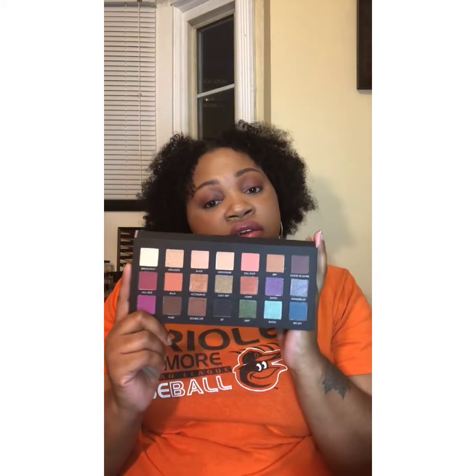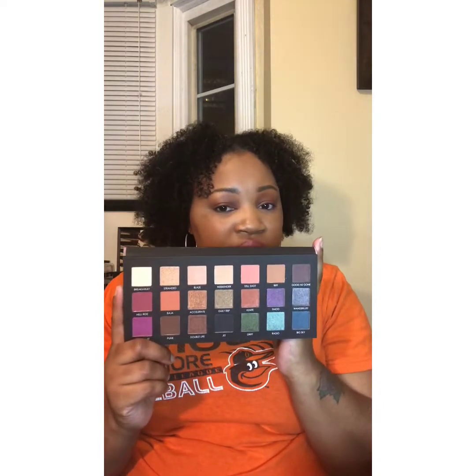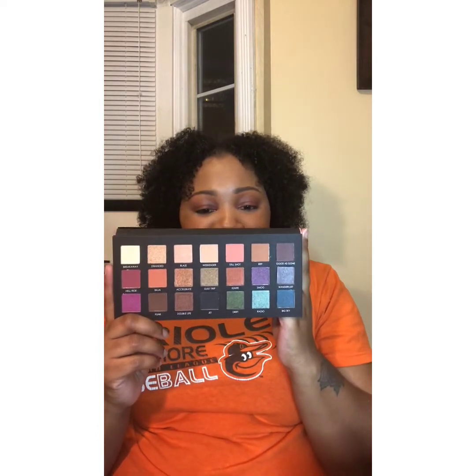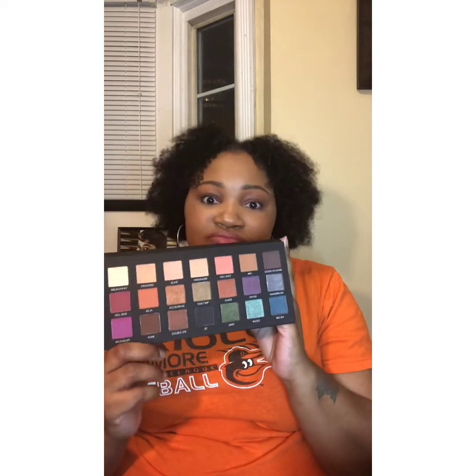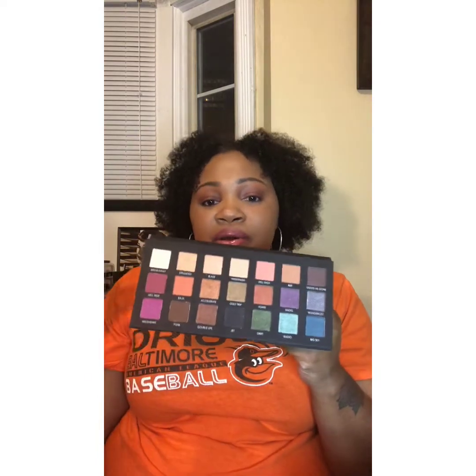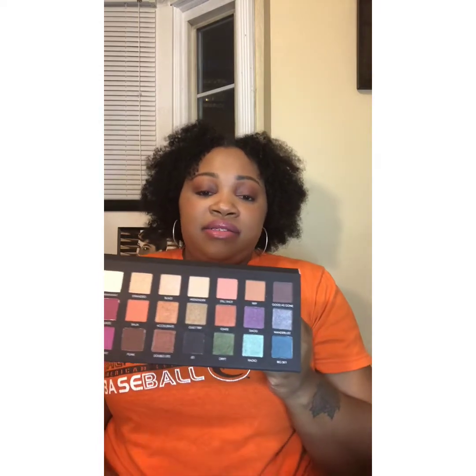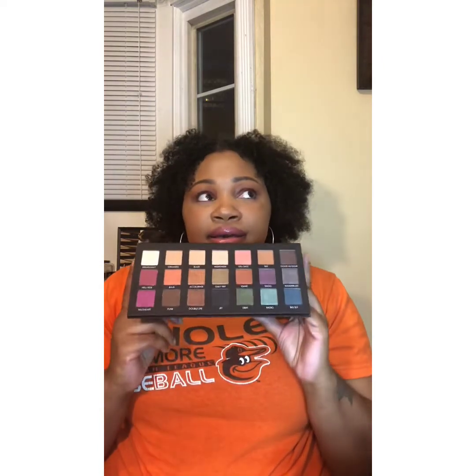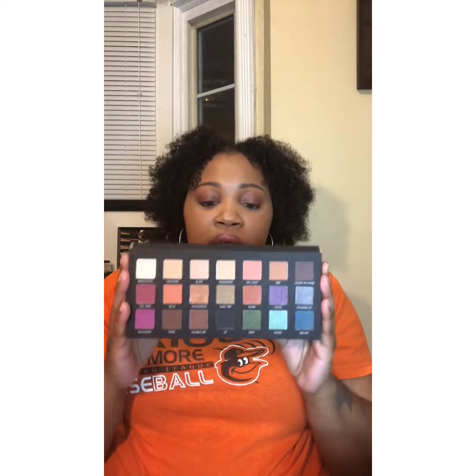It almost looks like the Urban Decay palette that Ulta has on sale. I'm looking in the mirror, I'm sorry. I think I just solved my problem, because every time I go online, it hasn't come back in stock, and I wanted to try it out. I may have solved my problem with this one, but I still want to get that Urban Decay palette at some point. I'll get, of course, more high-end products, but for right now, because I'm on a budget,